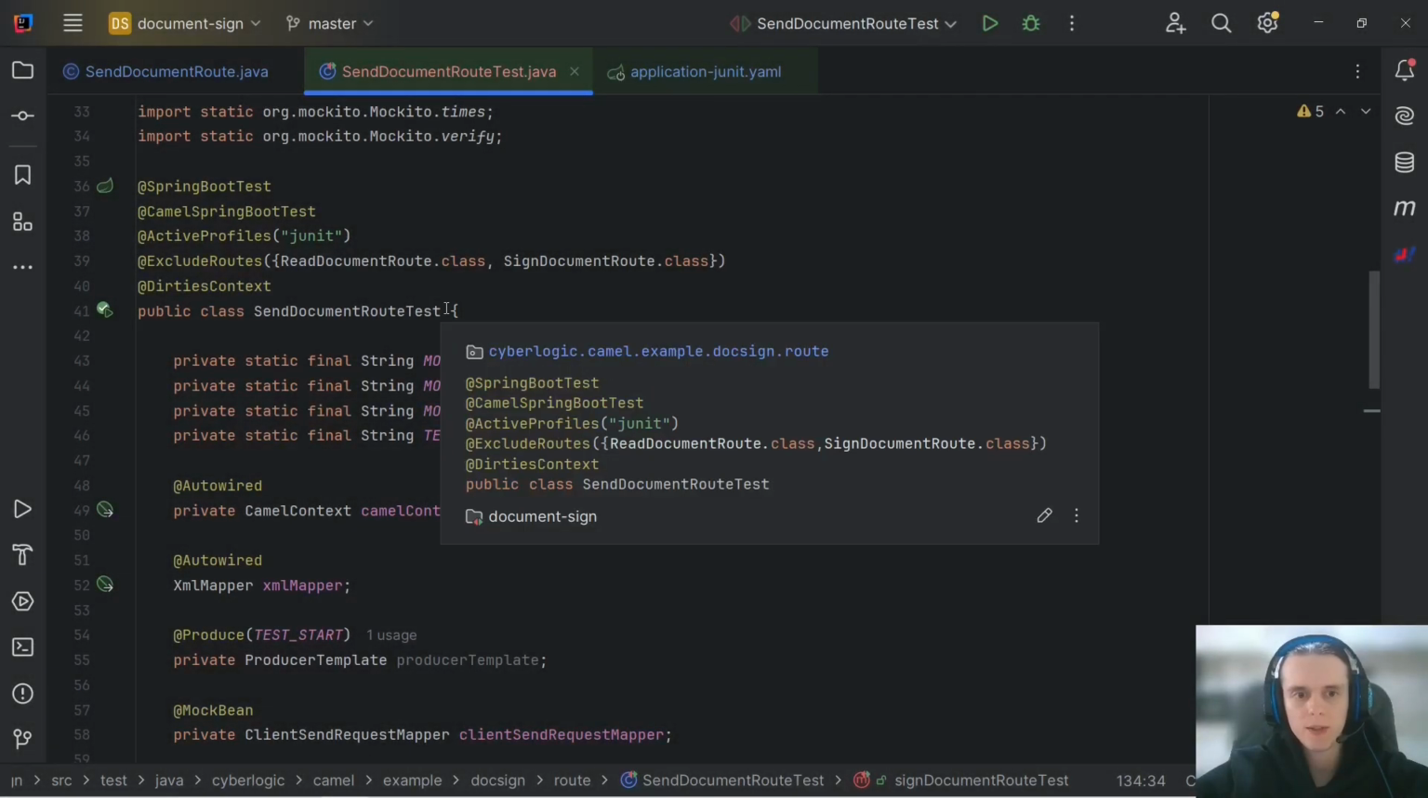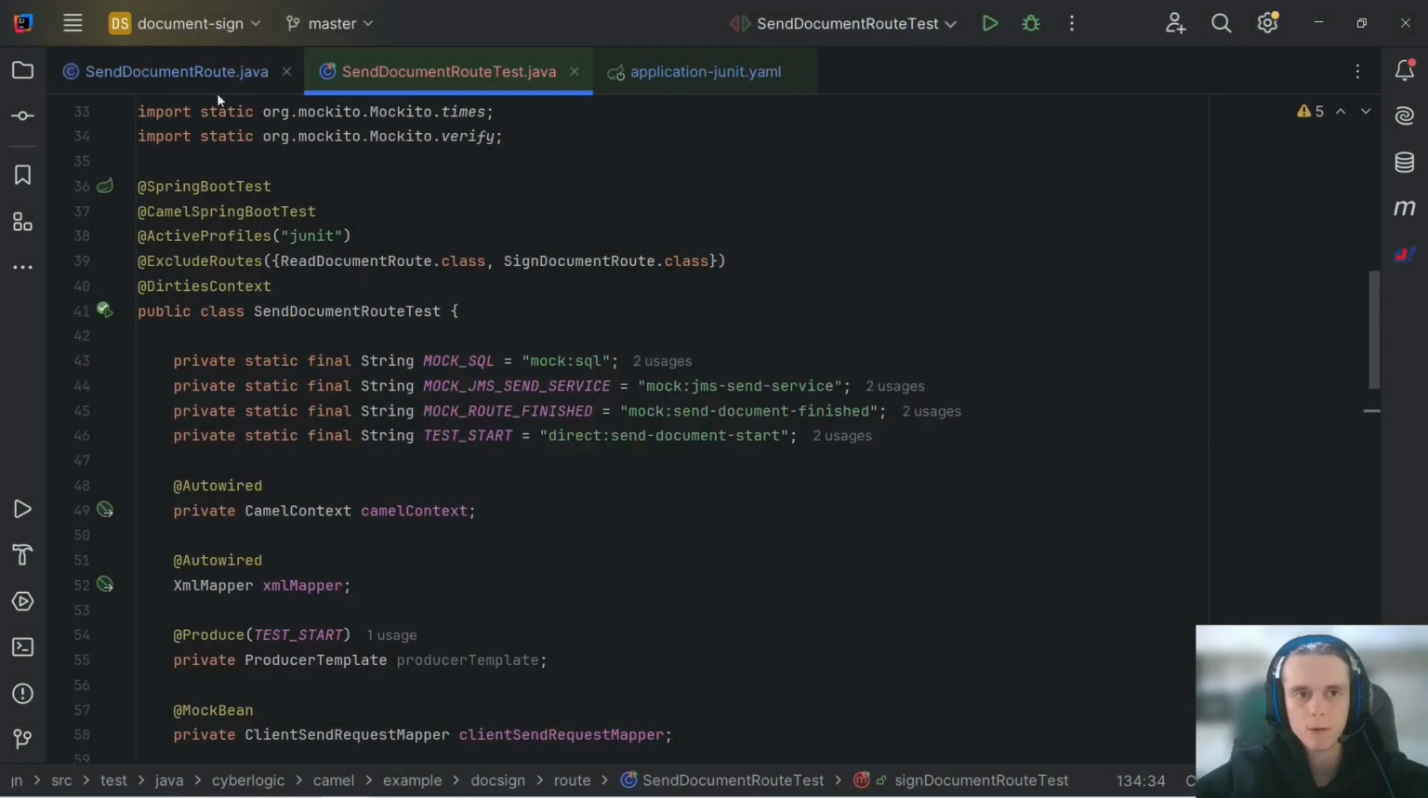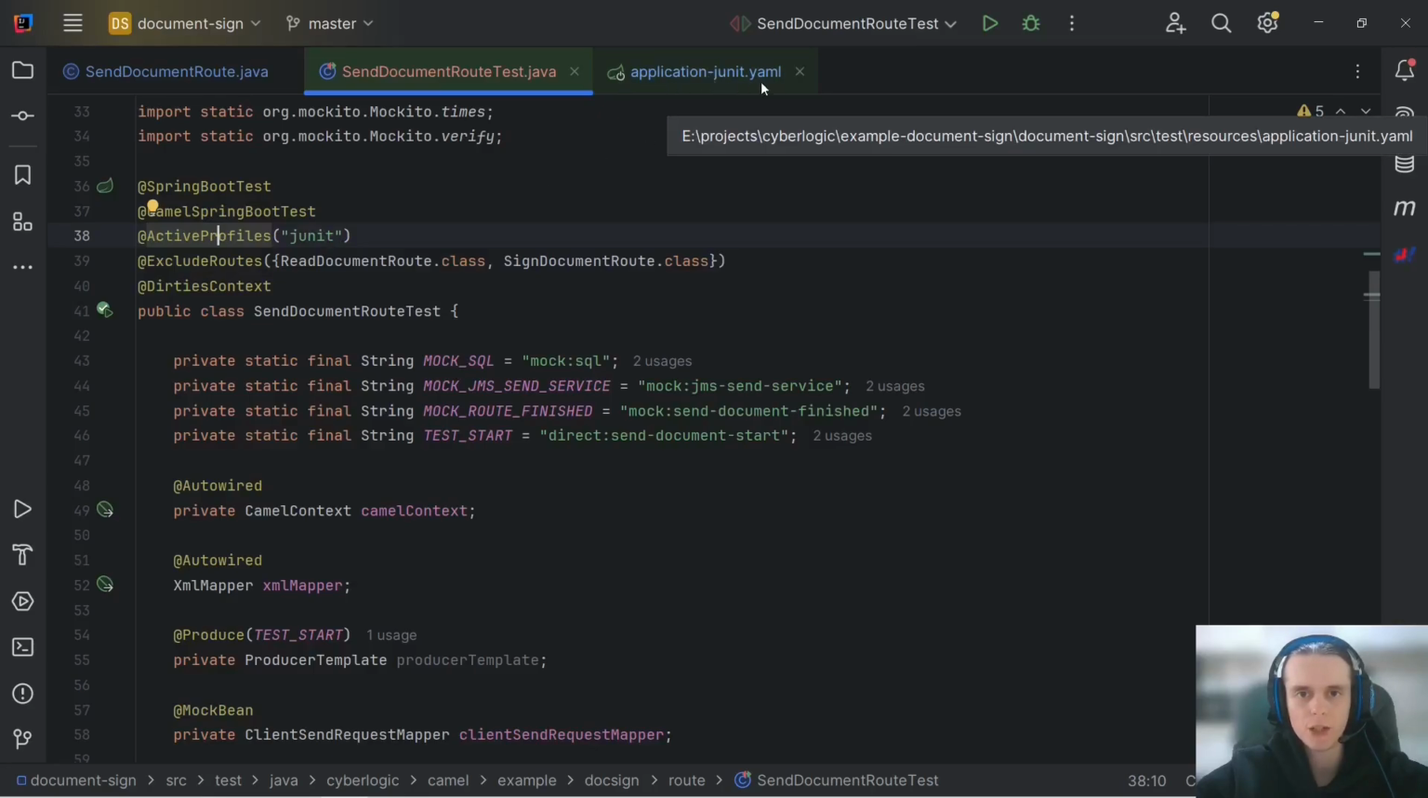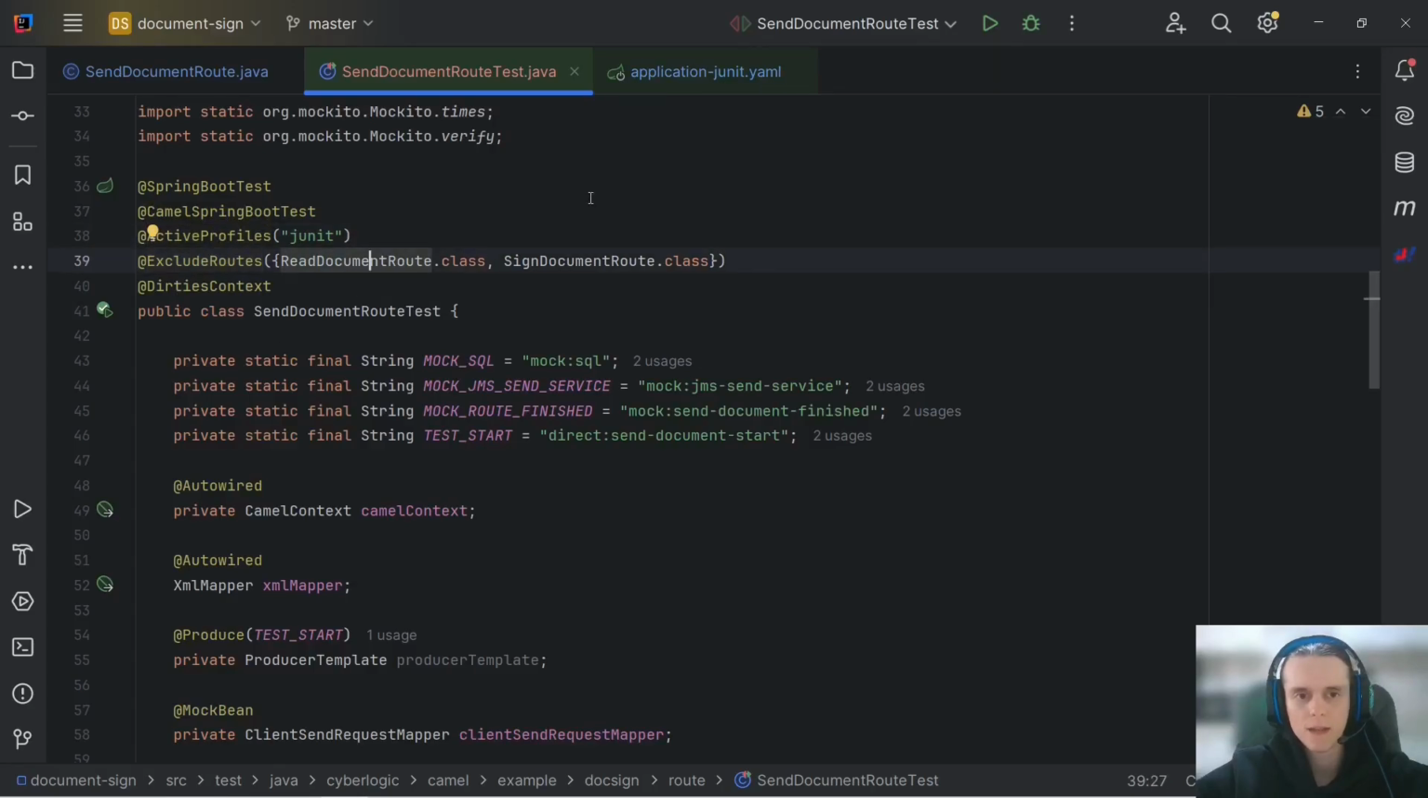And here we have our JUnit test for our send document route. Basically, it's similar to the test that we did in one of our previous videos. Here we're making use of active profile JUnit, which will make Spring pick up this application-junit.yaml properties file. Then we exclude read document route and sign document route because we're isolating our send document route to test it